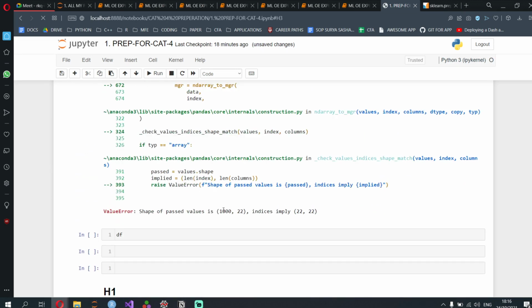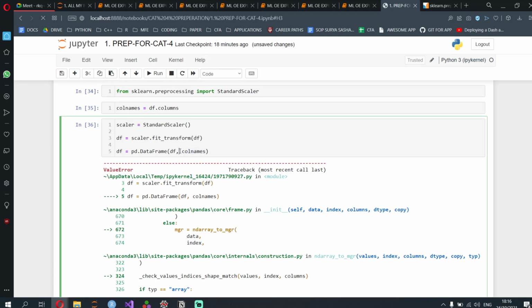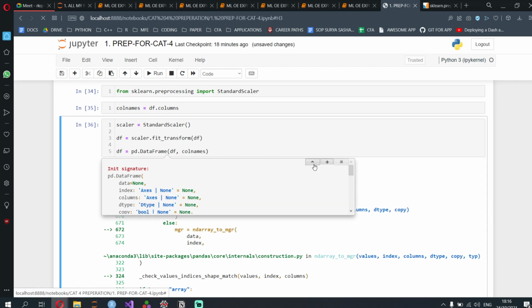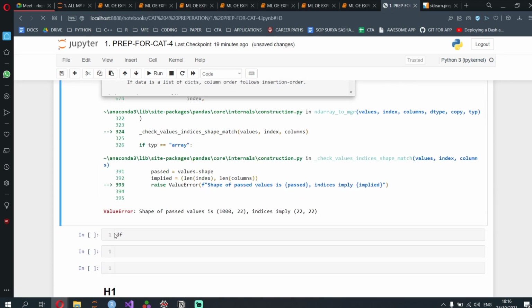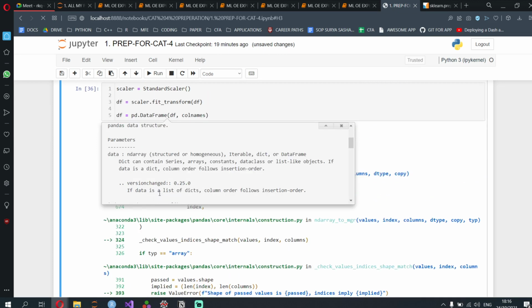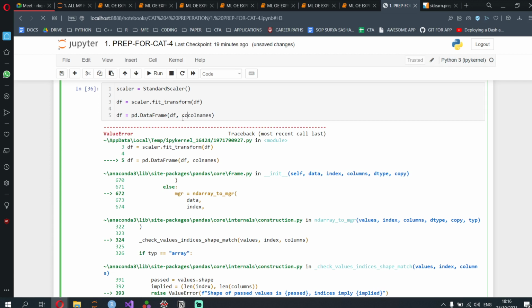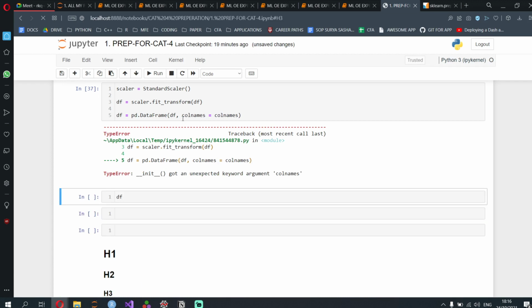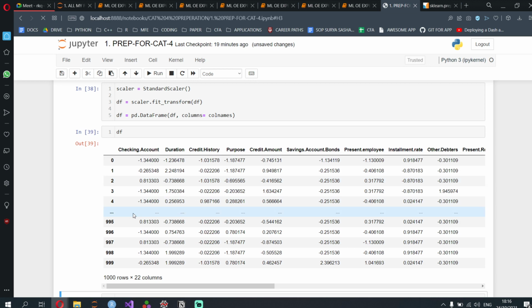Shape is 1000, indices imply 22, 22. Which line is it? Oh no, okay, I have to specify that: columns equal to col_names. Okay, now it works.